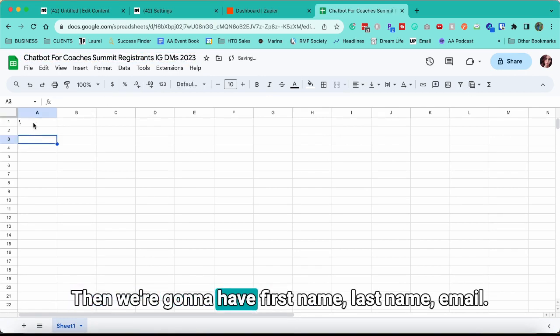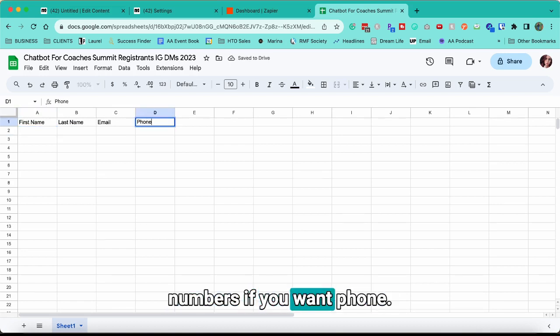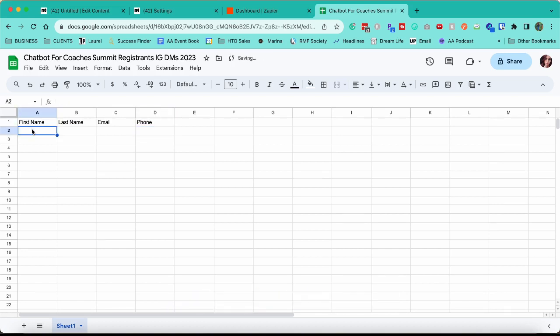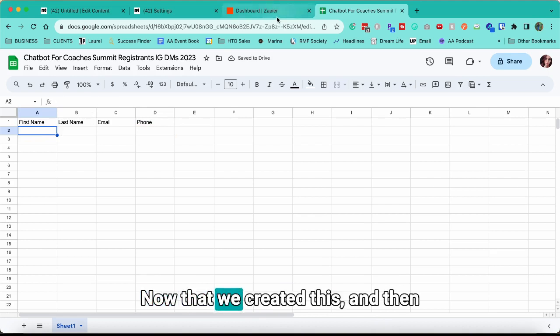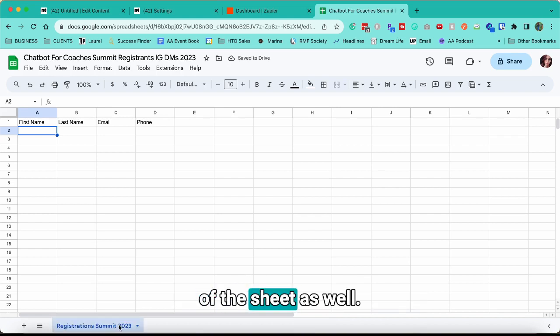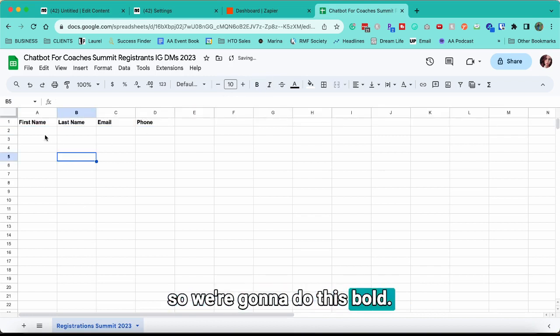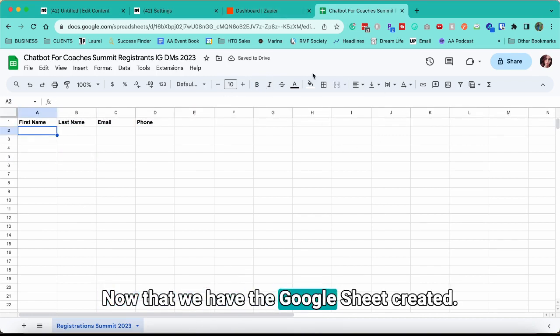Okay, then we're going to have first name, last name, email. We could also collect phone numbers if you want. Phone. Okay. Now that we created this, we're going to change the name of the sheet as well. And I like to make this bold, so we're going to do this bold. Okay. Now that we have the Google Sheet created,